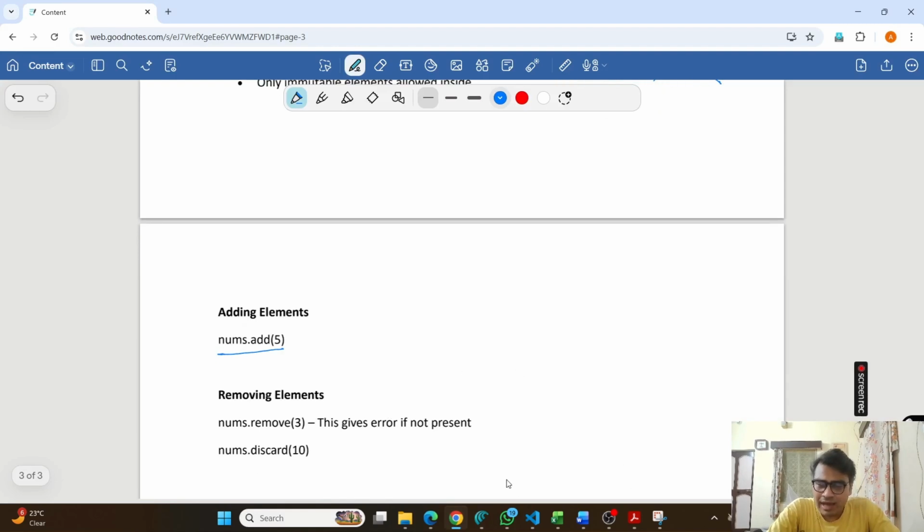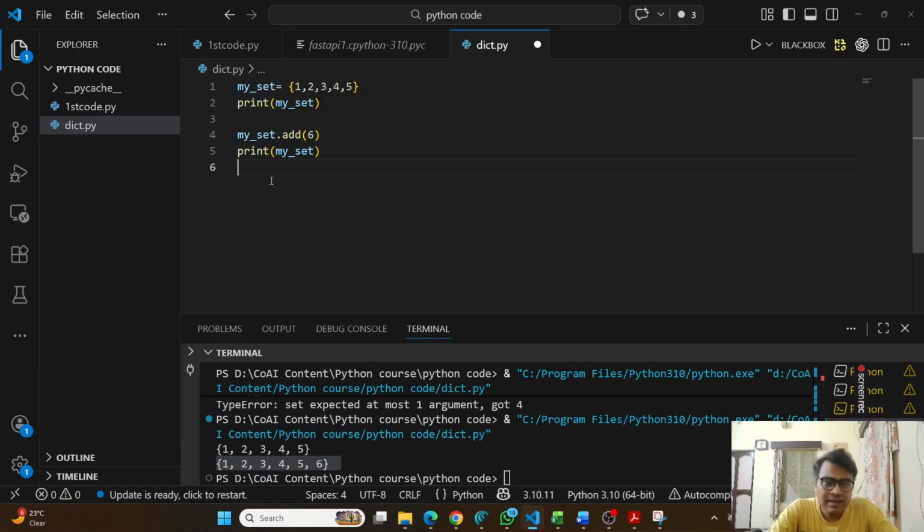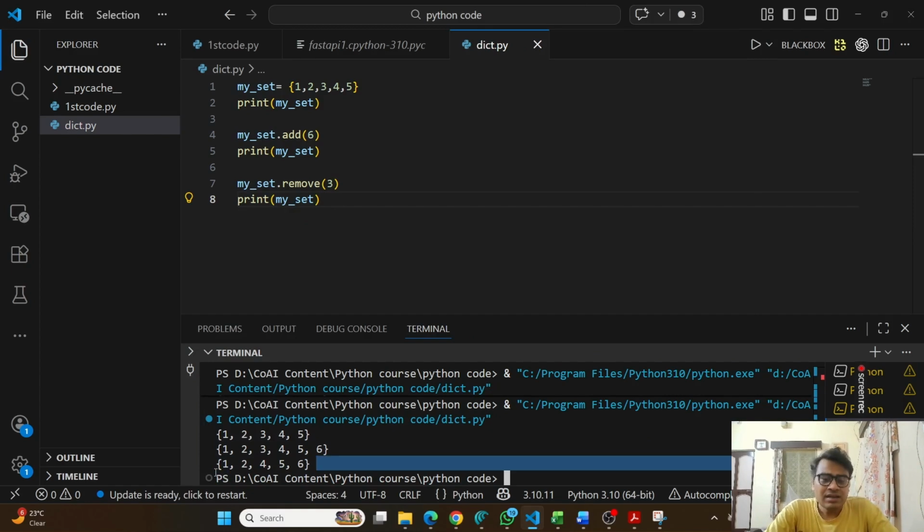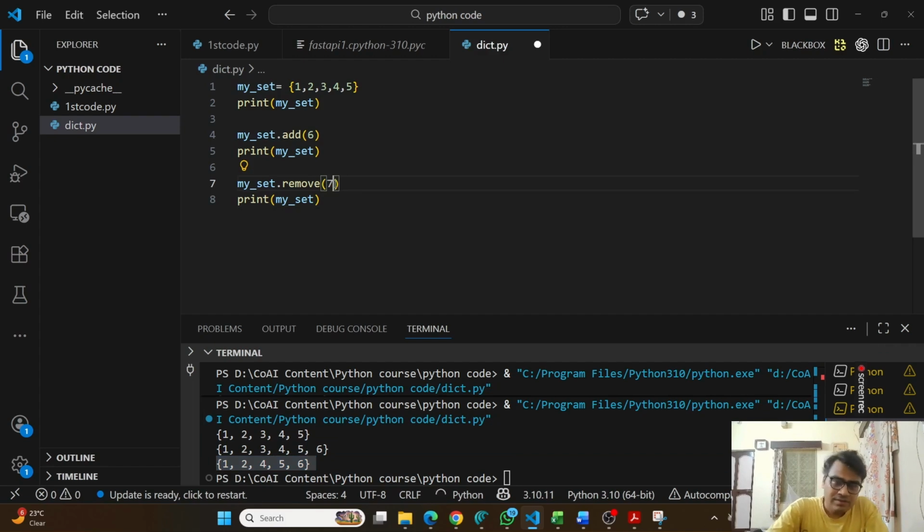Okay, now similarly, you have to remove it. So how to do it? You can just do my_set.remove(3), suppose, and then again, if you print it, you will get it printed, and you will see that 3 is being removed. Okay, fine. There is one more thing. So suppose if you remove 7,